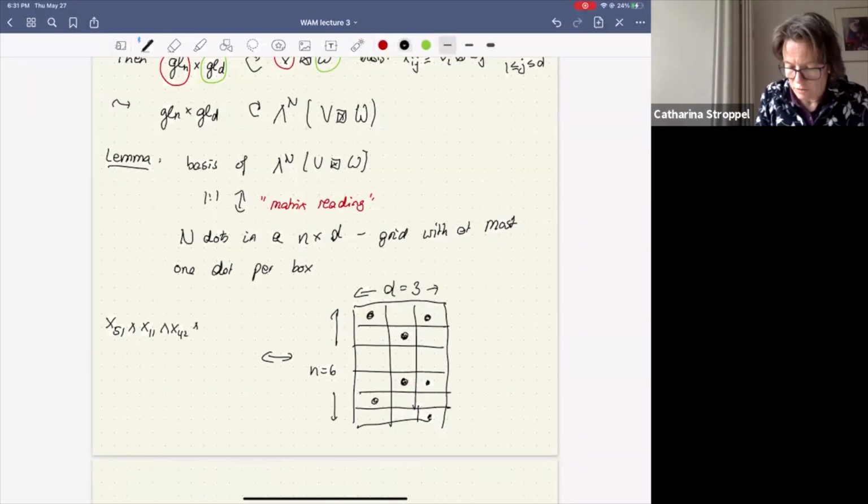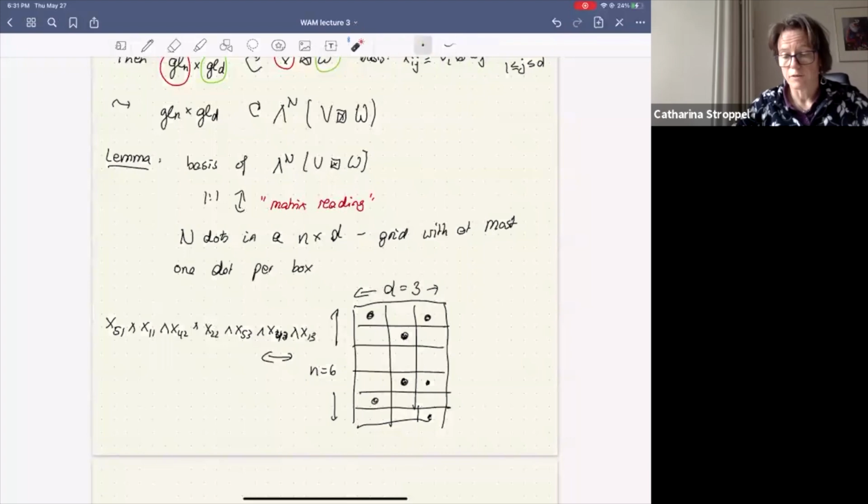And then the next one is 2, 2. And then the next one is 5, 3. And the next one is 4, 3. And then I have a one which is x 1, 3. So in this way, what I do, I can read off from this